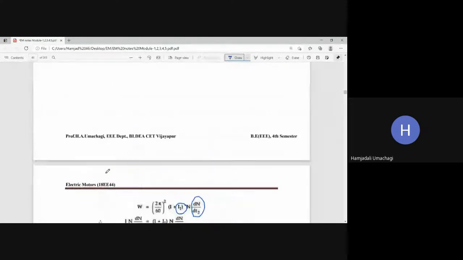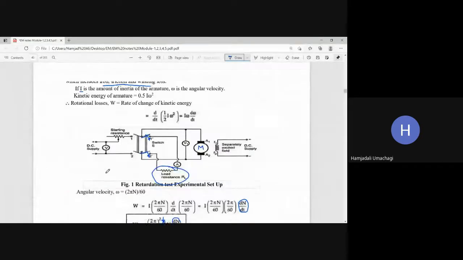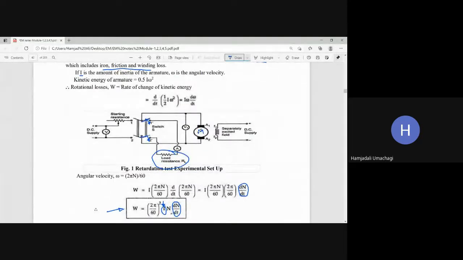So here, as in the earlier case, looking at this circuit diagram, this armature has its own resistance Ra, and if I add one extra resistance RL, what is the amount of extra power that will be consumed by this load? It will be the product of voltmeter and ammeter readings. Usually, at first the ammeter will have a large value of current, then it will have a lesser value. So here we are taking the average of the ammeter reading, and similarly the average of the voltmeter reading.